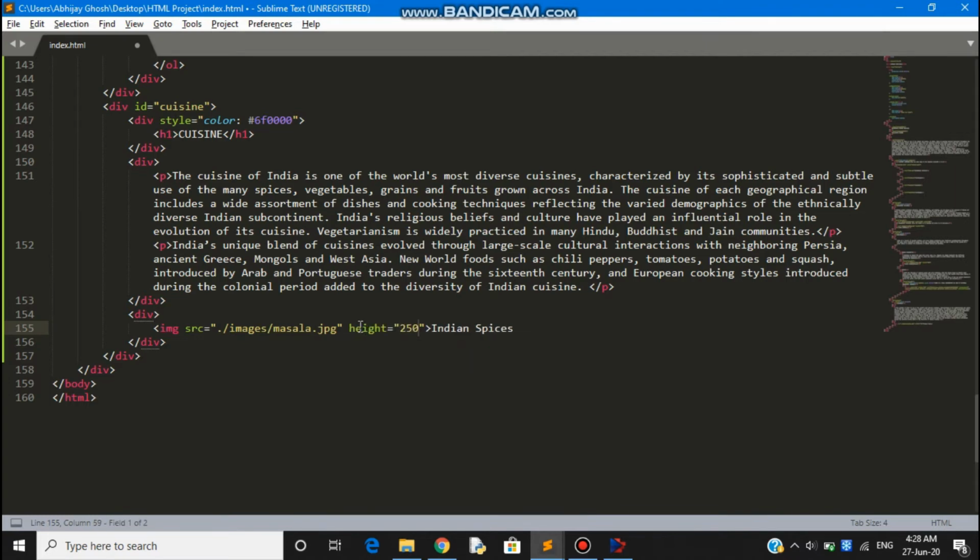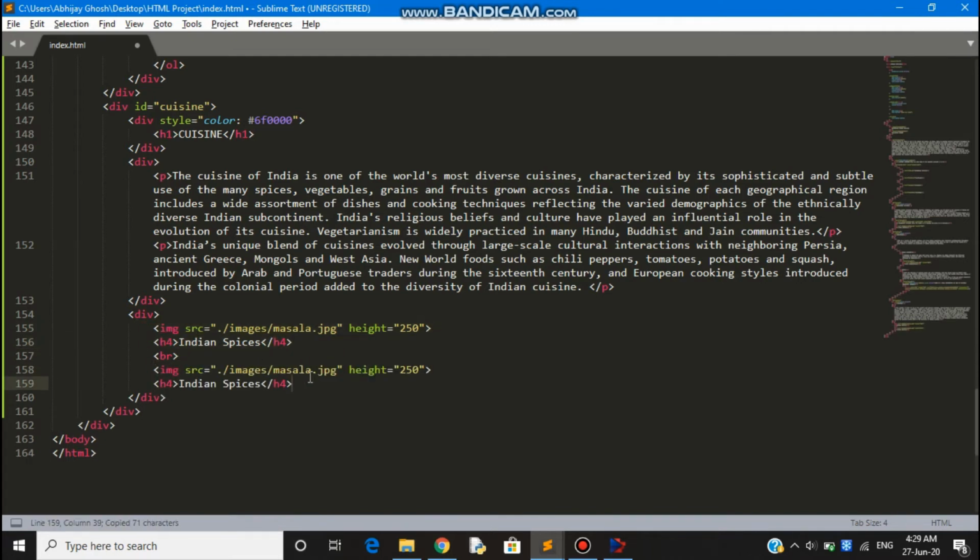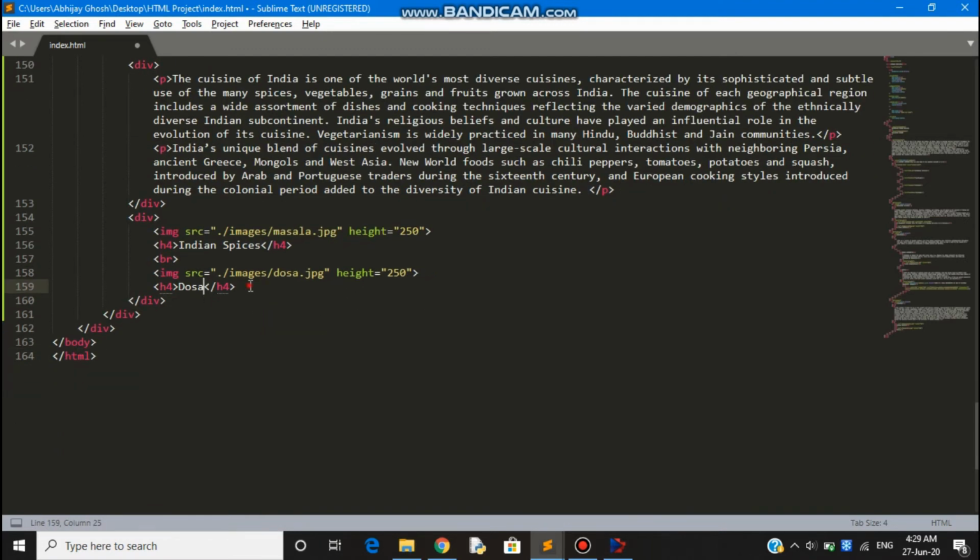I give it a description as Indian spices, or instead of simply Indian spices, I'll write it inside an h4 tag, or it's on you. Do not forget to add the attribute height to it. I have given here 250. Add a break tag in between so that there remains a space between the photos.